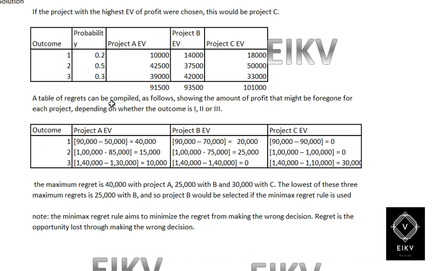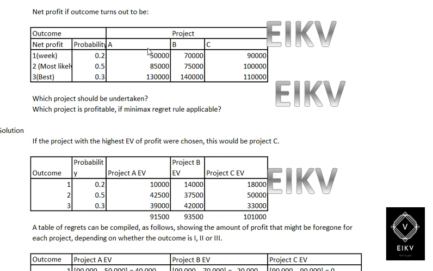So now we can go ahead with the minimum regret method. A table of regret can be compiled as follows, showing the amount of profit that might be foregone from each project depending on whether the outcome is 1, 2 or 3. Here the outcomes 1, 2, 3 are the outcomes, and we have taken the projects. Therefore we should compare all three alternatives, that is three projects, and among the three projects we should take the maximum,